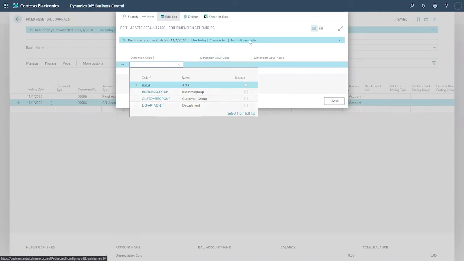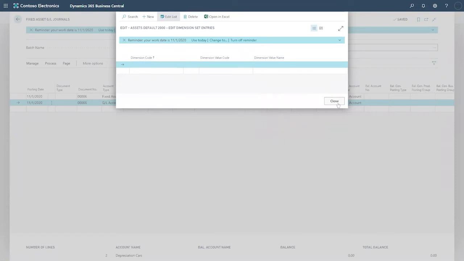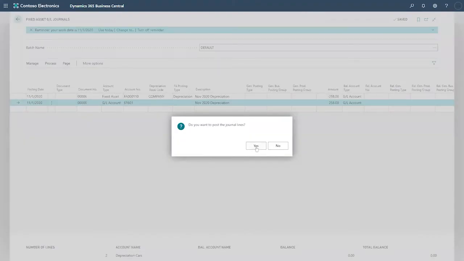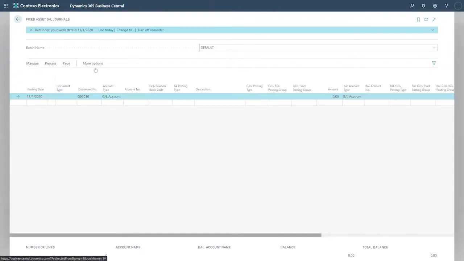You know, many departments that you could create just to have the idea of the dimensions. Don't forget, very, very important accounting-wise. After this, I'm just going to post this transaction to actually generate this and decrease the value of my actual